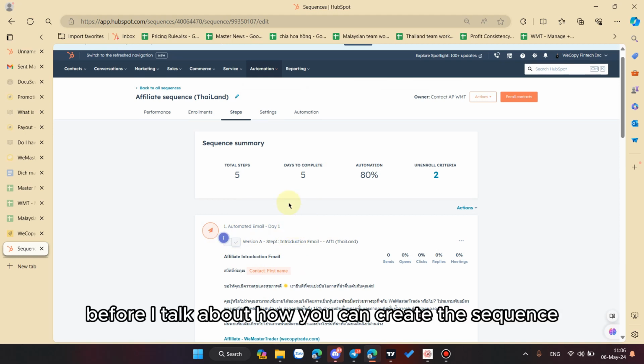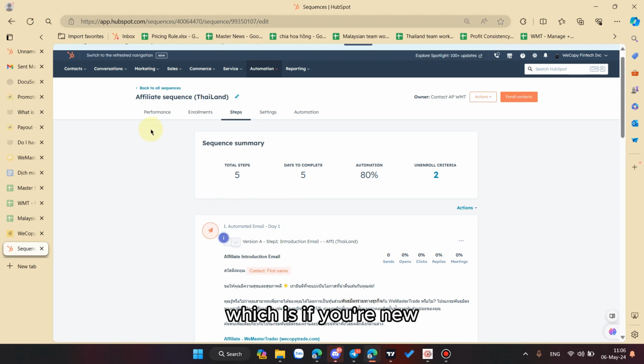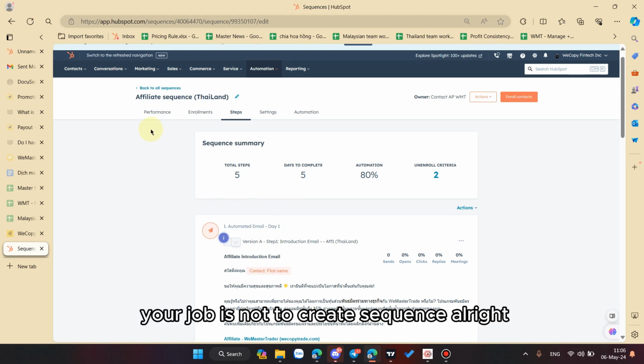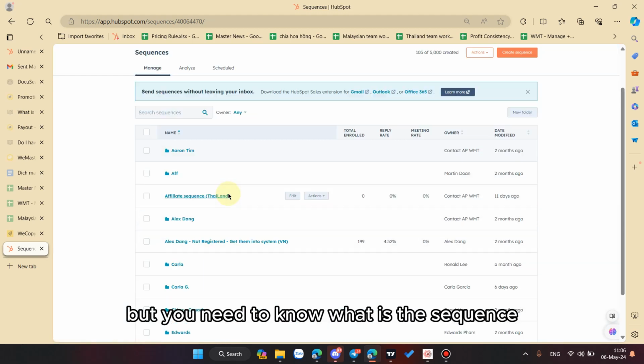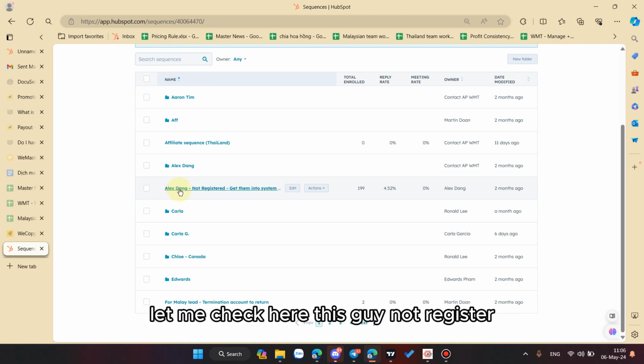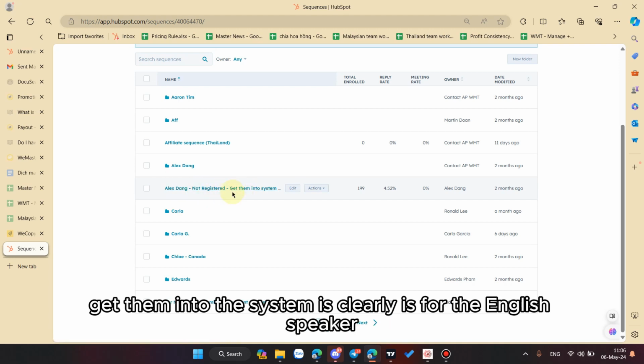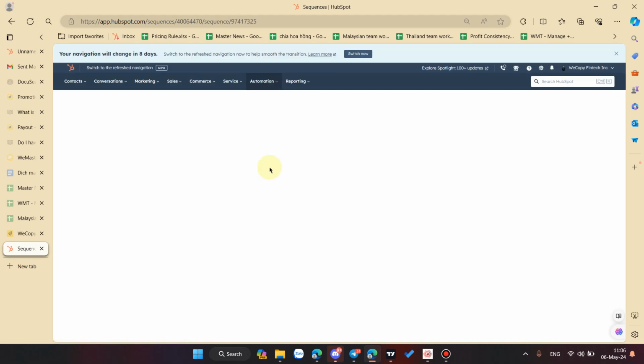Before I talk about how to create the sequence, if you know, your job is not to create the sequence, but you need to know what a sequence is, because it's already there in the name. Let me check here. This one is for clients who have not registered, to get them into the system. It's clearly for English. Let's check the name again.